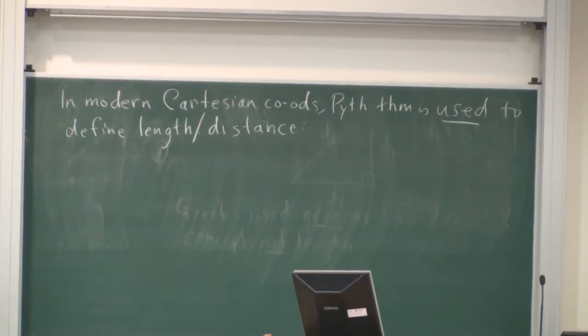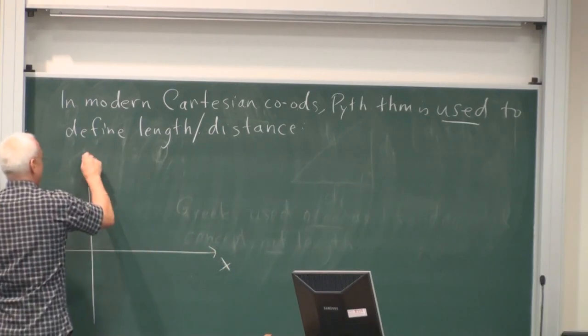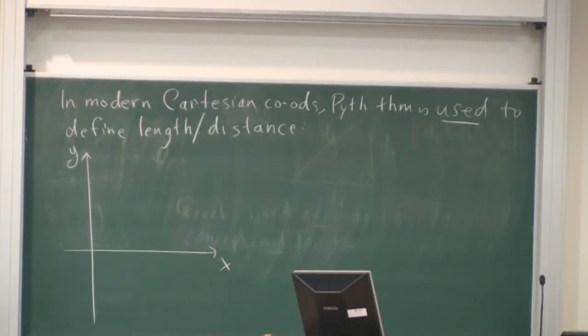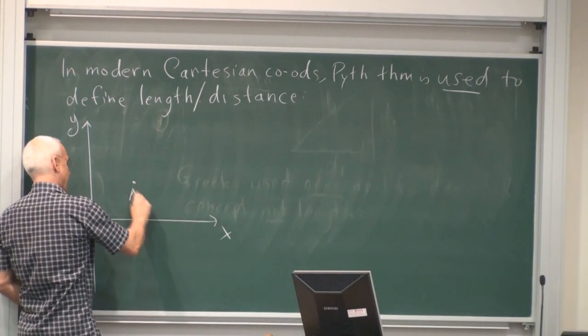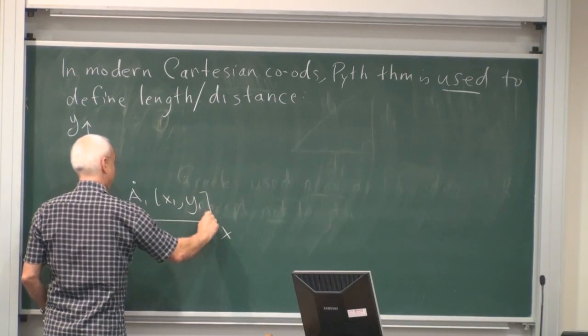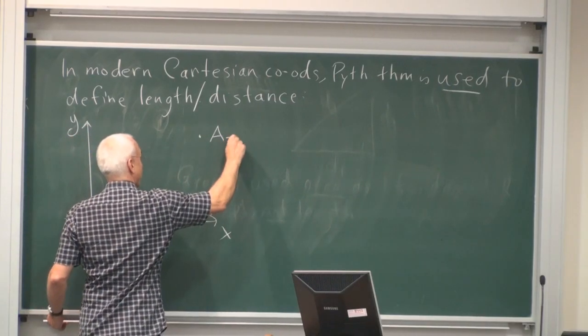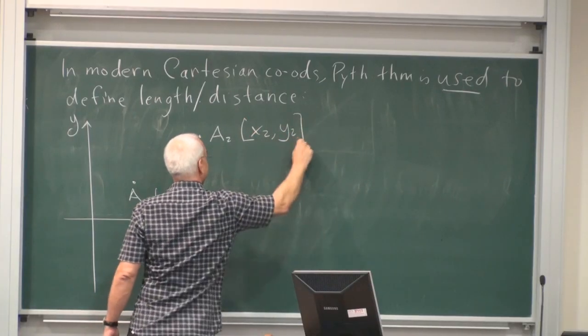And how does that go? Well, in ordinary x and y coordinates, if we have 2 points, say A1 with coordinates x1, y1, and A2 with coordinates x2, y2,